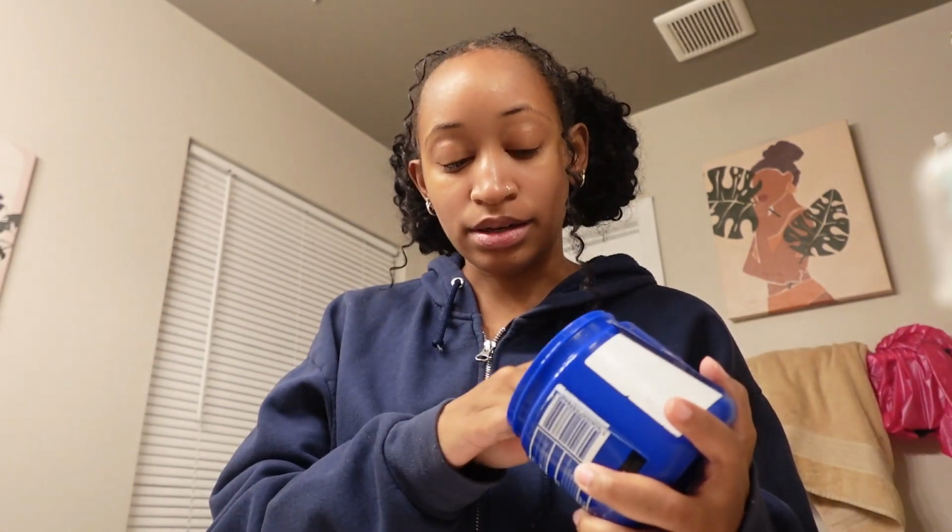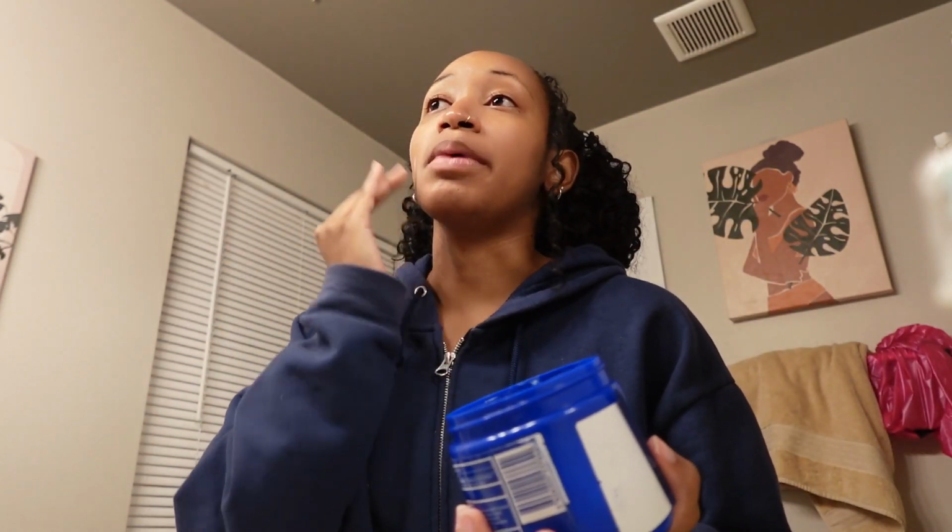Hey guys, let's talk about my progress while I slug my face. Slugging is locking in the moisture barrier with usually something like a healing ointment, and so I put on my snail mucin and my moisturizer, and so it's time to put on this. I feel like lately my skin has just been really dried out if I don't apply this,